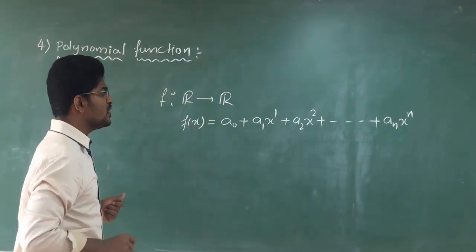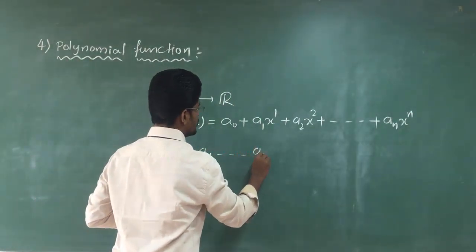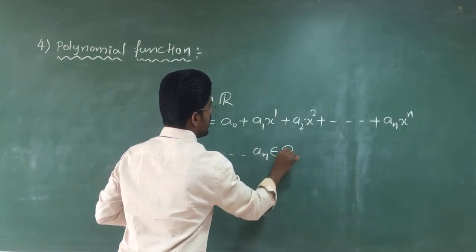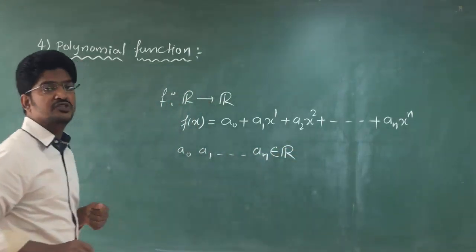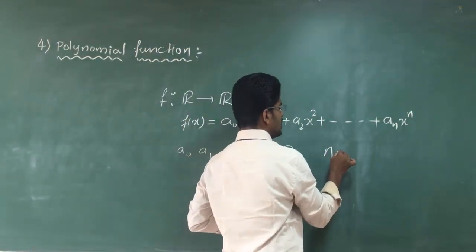Here a naught, a1 so on to an are real numbers, the coefficients are real numbers, and n is